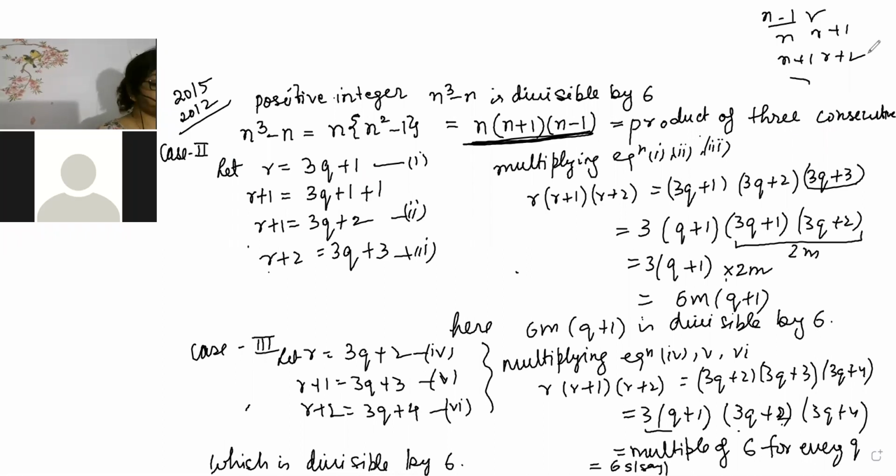Correct only, beta. You should just explain. First you have to tell that r is equal to 3q, 3q plus 1, 3q plus 2, and then you have to just convert it into consecutive form. You have seen how I have converted it in consecutive form. And then, beta,